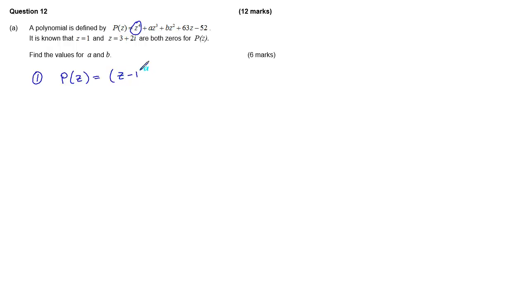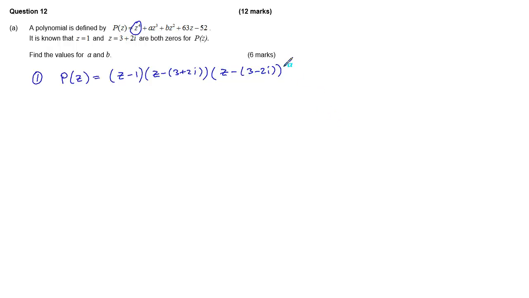That means z minus 1 is a factor. Also, z take away 3 plus 2i is a factor. Because we know that any complex roots occur as conjugate pairs, z take away 3 minus 2i must also be